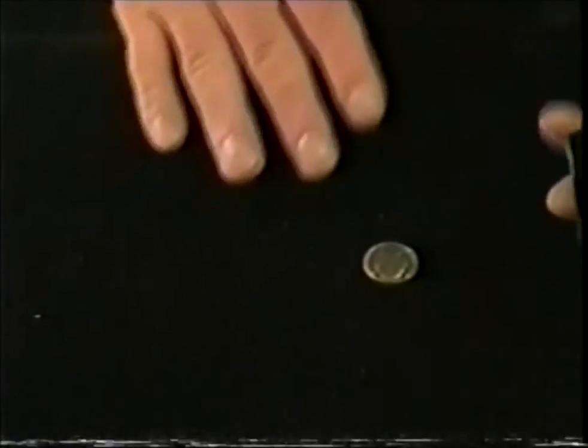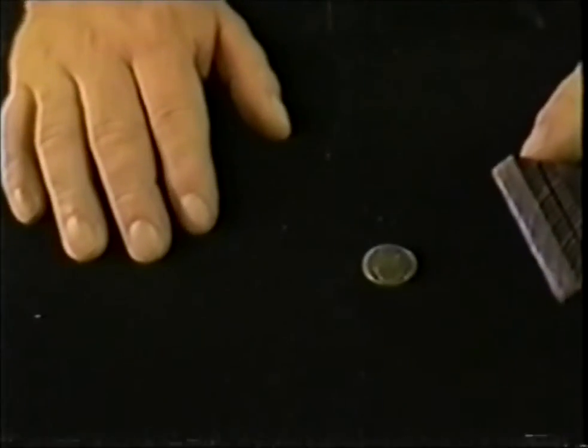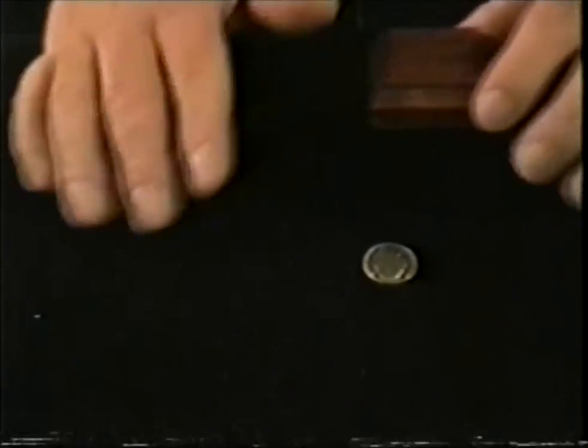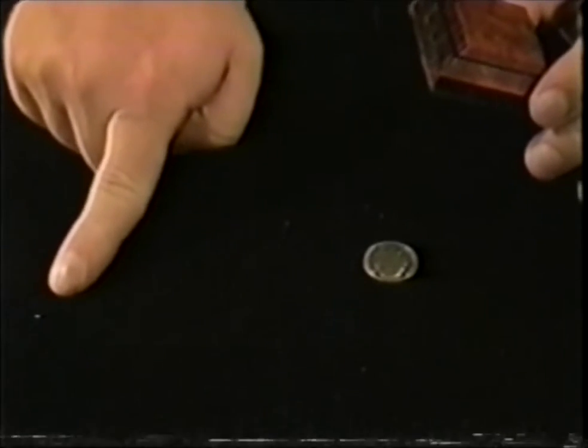Again, this, along with the effect we showed you a moment ago, nickel to penny to dime, comes with a drawstring bag. Before I demonstrate this, I just have to point out that the dot is still there and is